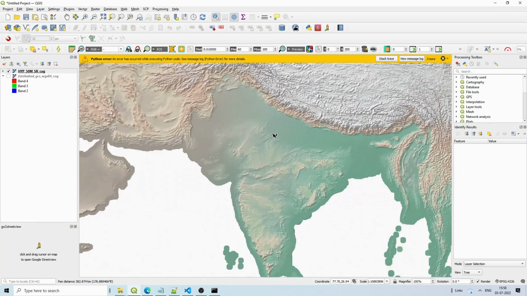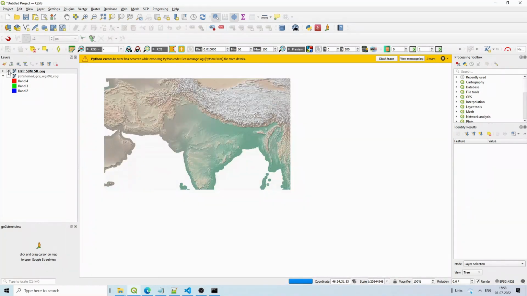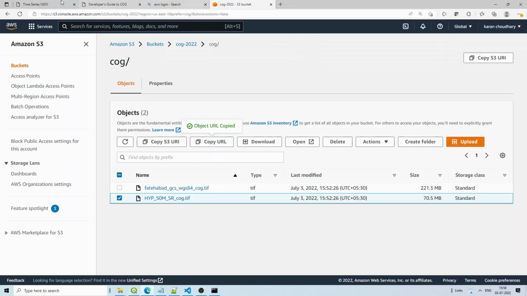So this is how you can access it in QGIS, or any desktop software. Maybe other software these days will also have a provision for adding from the cloud, like S3, ArcGIS and everything, because these are very common formats these days. So now we will try to create a web application, this kind of web application,